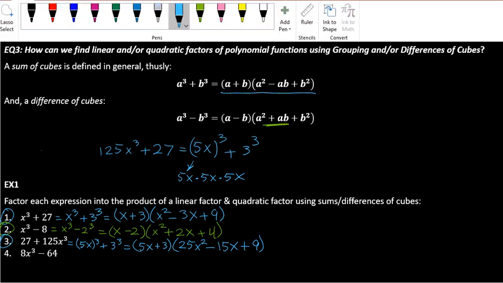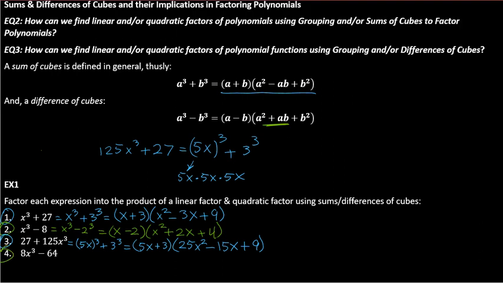Okay, one more example. And we're just kind of flip-flopping. This guy obviously is a difference of cubes. We've got 2x all cubed minus 4 cubed. Okay, and that's equal to,